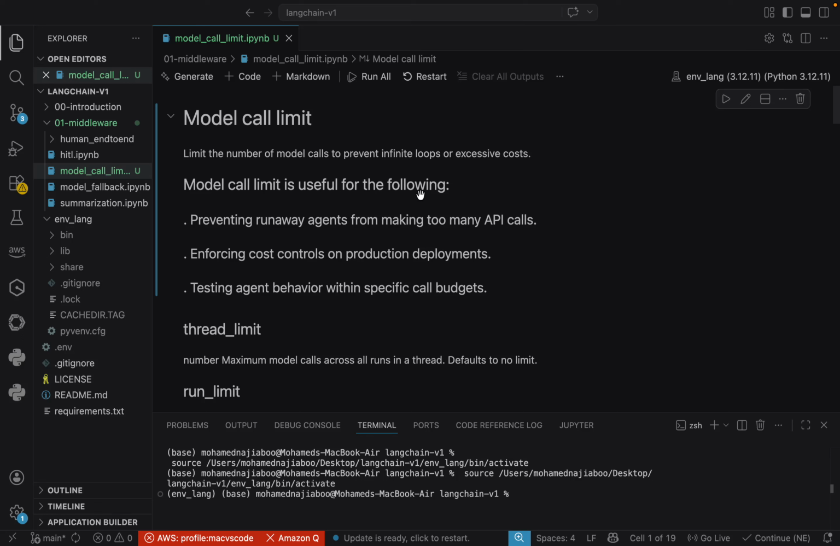In this video, we will be discussing middleware called model call limits. Let's consider a scenario where a user continuously interacts within the same session or thread. If we allow unlimited model calls in such cases, it can lead to increased cost and unnecessary processing. To manage this, we can have some kind of a limit. For example, we can restrict it to 10 or 20 chats within the same session,